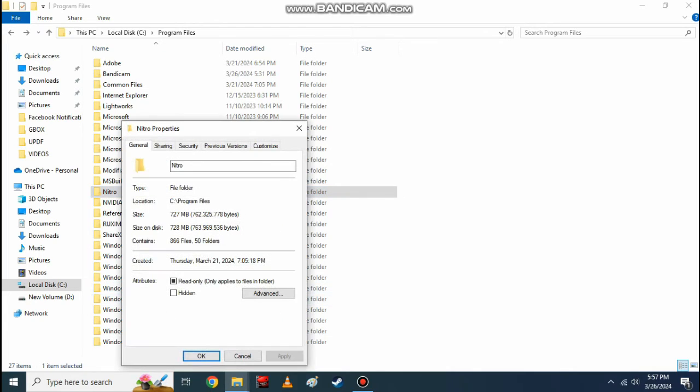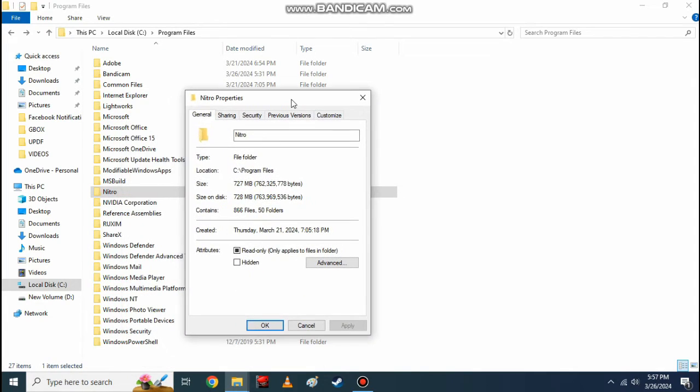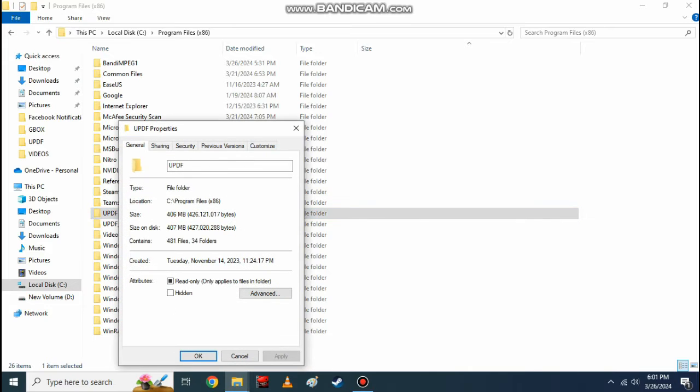With all these features packed within this editor, it also takes up a lot of storage space. This app occupies almost 800 MB of storage, which is a lot compared to UPDF that only takes up to 400 MB. It doesn't even have AI support, which is one of the key advantages of UPDF. Finally, now that we've covered all of their features and advantages, let's talk about pricing.